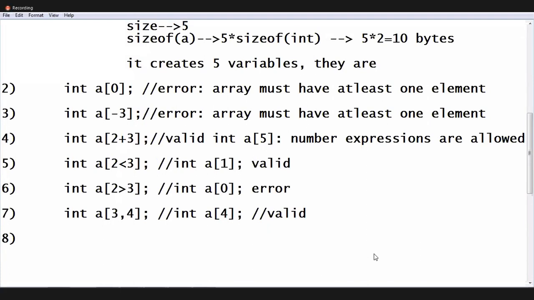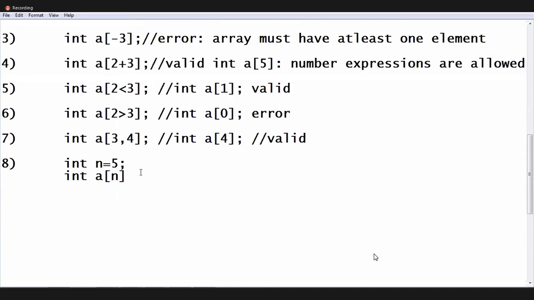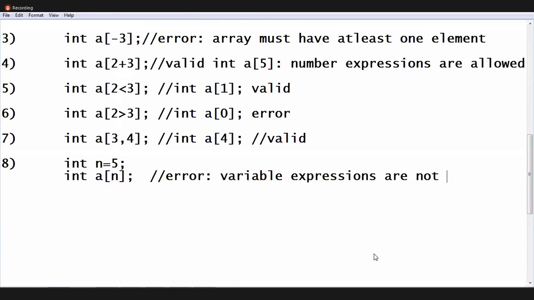Eighth one. What is the eighth one, guys? Now int a of n, is it valid or not? See, guys, can we write an expression like n equals 5, a variable expression? In some compilers it accepts this, but the actual C concept says it is an error. Variable expressions are not allowed